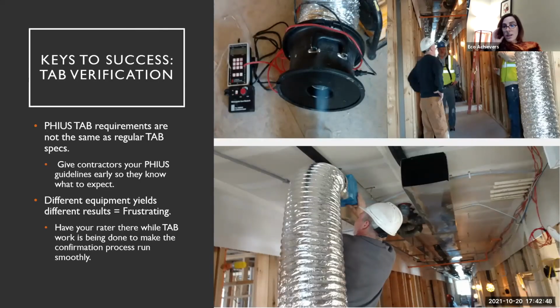And then for the testing, the TAB verification, as I was mentioning before, talk through and have a meeting with the TAB verifier or with the TAB contractor, and run through all of the Phius requirements. They're not difficult to do. They just might not be aware of the specifics that Phius is requiring. For